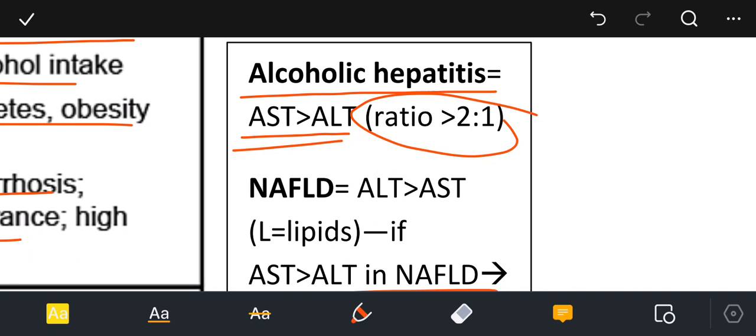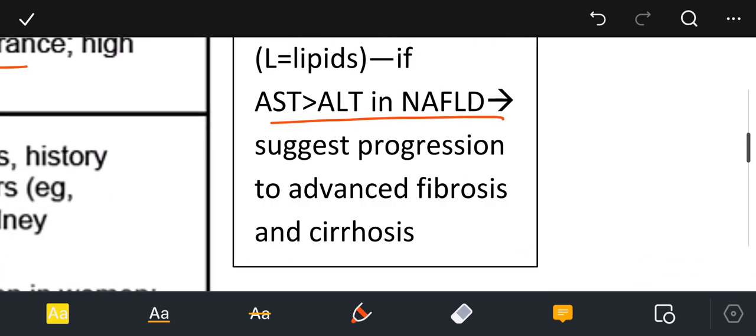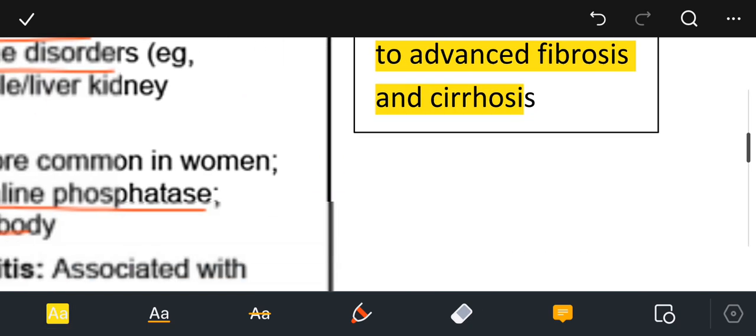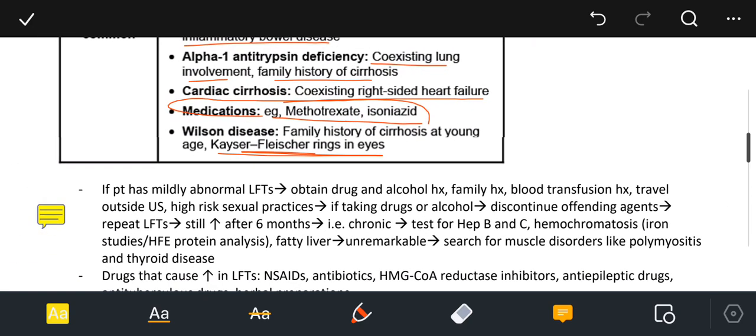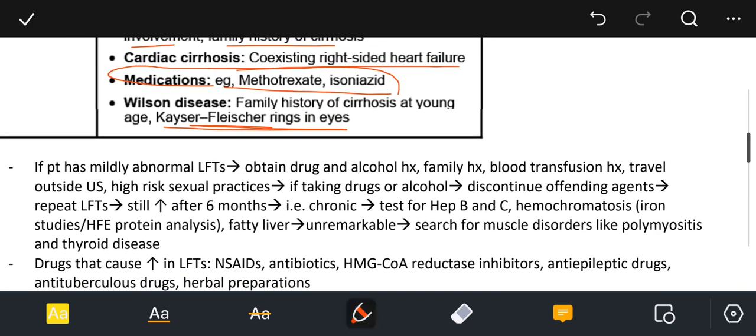But if it is NAFLD, the patient does not have any history of alcohol consumption and has AST more than ALT, it means that the patient has progressed to advanced fibrosis and cirrhosis. Now the next point is, if the patient has mildly abnormal LFTs, obtain the drug and alcohol history, family history,